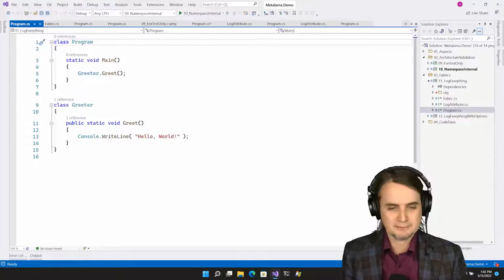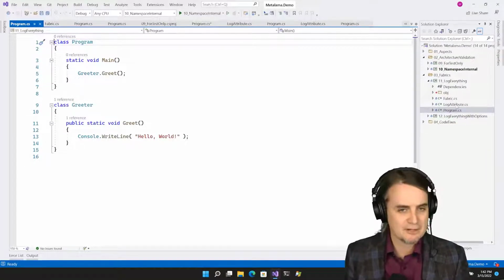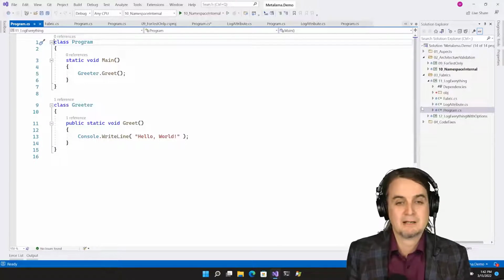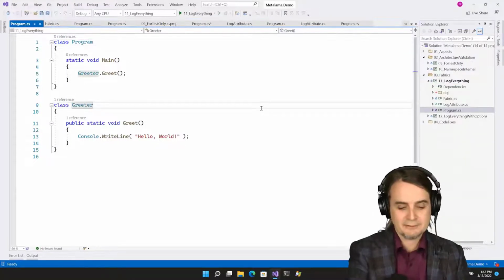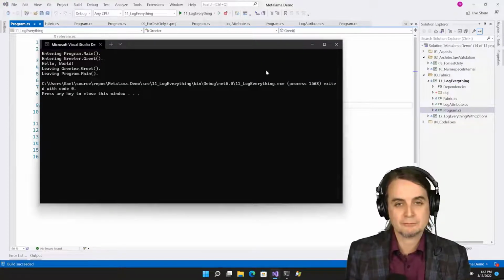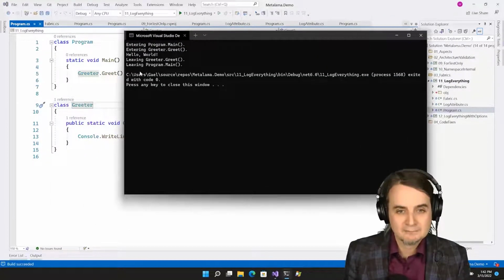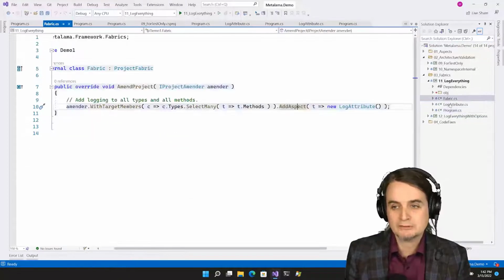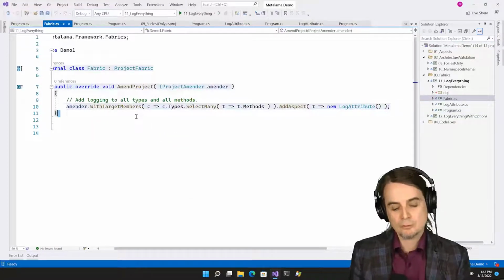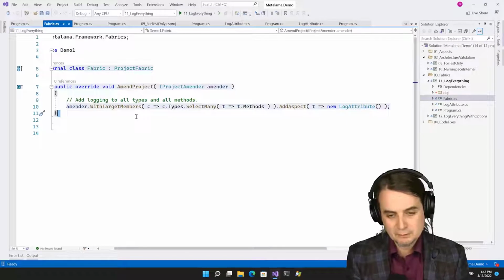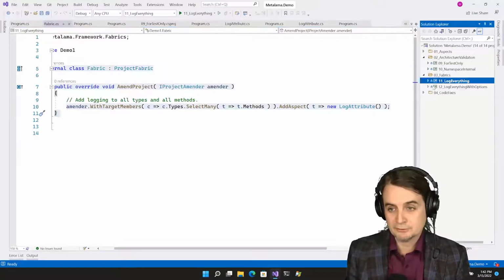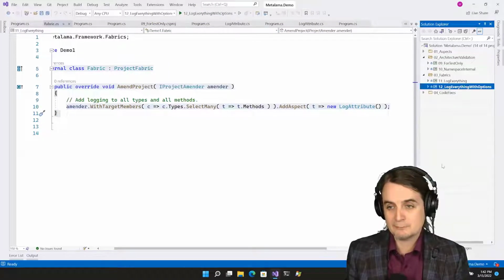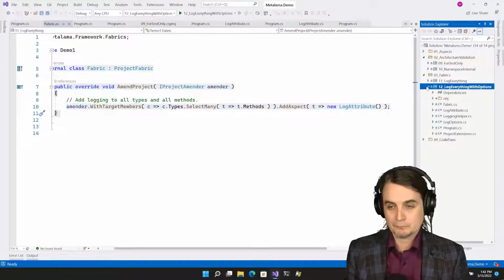Actually, the log attribute can even be an aspect that is not an attribute class. I'm adding it. So by having the fabric, it doesn't matter if I have 2 classes or 1,000 classes, of course, I have logging everywhere. And all the logic is here. So fabrics replace multicasting in PostSharp, and it also replaces PostSharp.config. I will show an example here where a fabric can be used to configure an aspect.